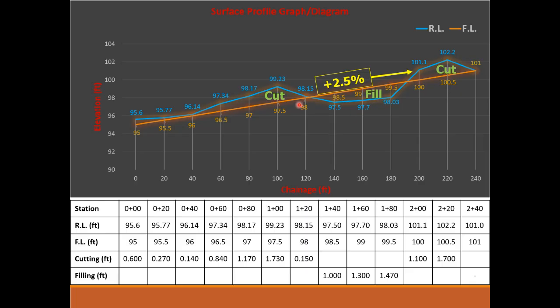There are two methods to calculate the cut and fill quantity. One is the direct method. You can see that this cut portion is divided into a number of triangles and rectangles. So you can individually calculate the areas of these small rectangles and triangles, and then by summing up all these individual areas, you will get the value of cut and fill directly from the graph. The other method is to draw the table and calculate the cut and fill quantities, as we are going to do in the next slide.